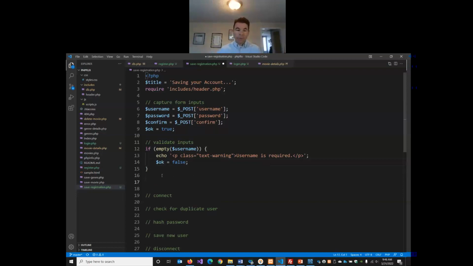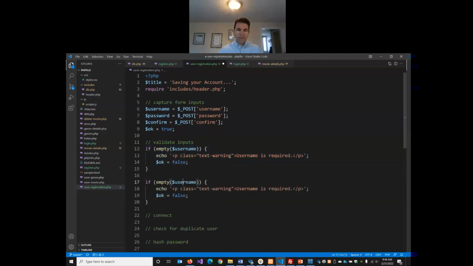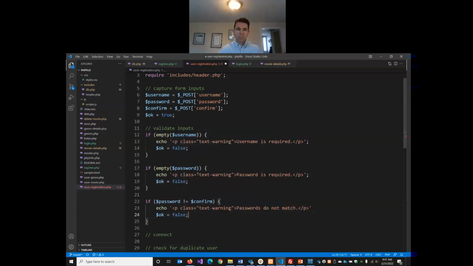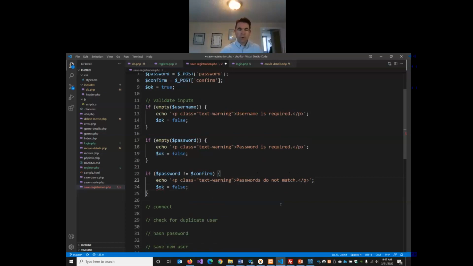We're going to do the same thing for password, so I'll just copy and paste. If they don't enter a password, we're going to say it's required. We don't need to check the confirm for empty. We just need to check whether our confirm variable and our password variable are equal. Say if password does not equal confirm,